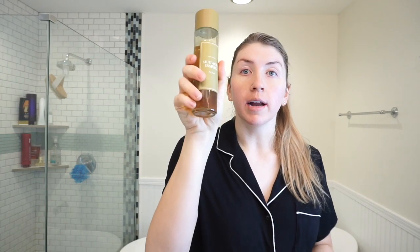So now that the mask is off, I apply this mugwort essence. It's from the same company. Again, I'll link all the products. And it has the same properties and effects of the mask, but I always love to use an essence in my skincare. I use cotton swabs that I believe are also from Korea, but I ordered them off Amazon, and